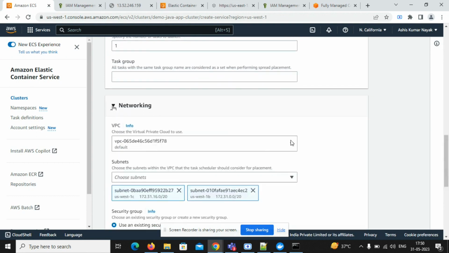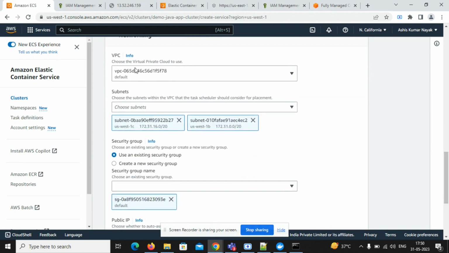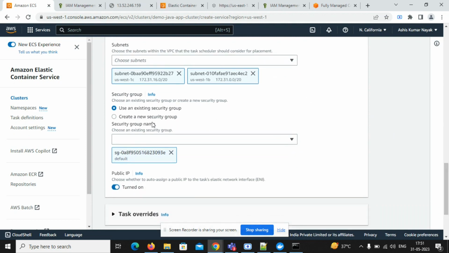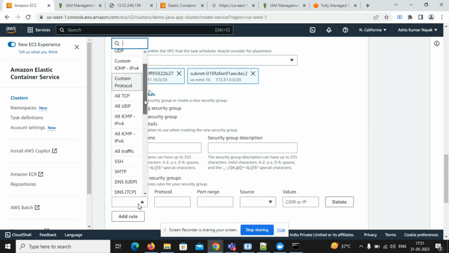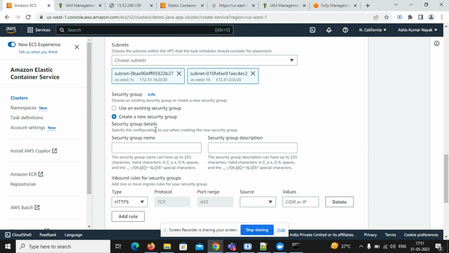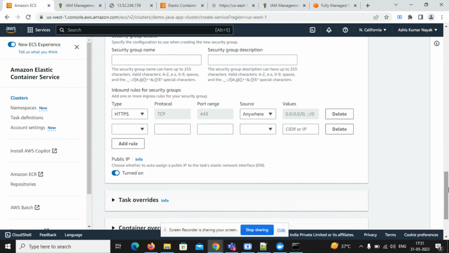In networking, we need to see what VPC and subnets are being used. This is the default one that is provided with free tier, and the most important thing is the security groups. If you want to create a security group, where you provide access to different ports, how the ports will be open and who can access it, you can create a new security group. I have already created one. If you are going to create a new one, you can select maybe HTTPS 443 with source anywhere. You can add more, maybe